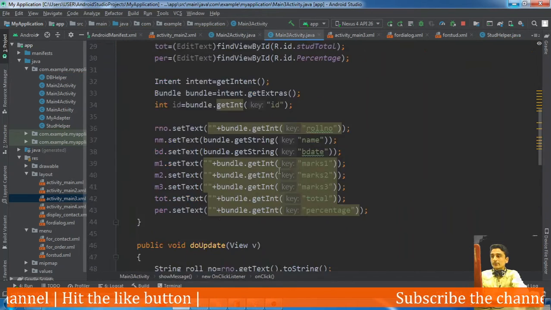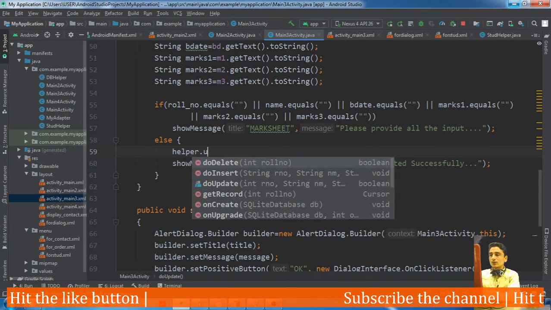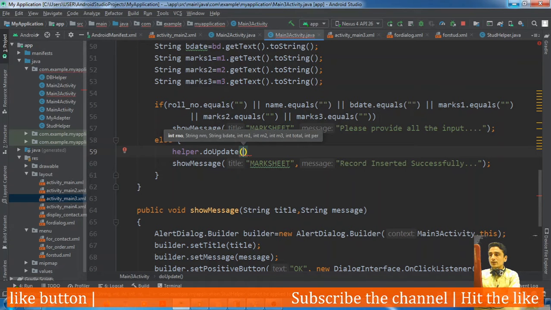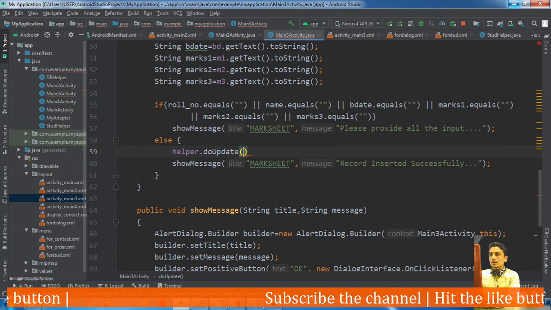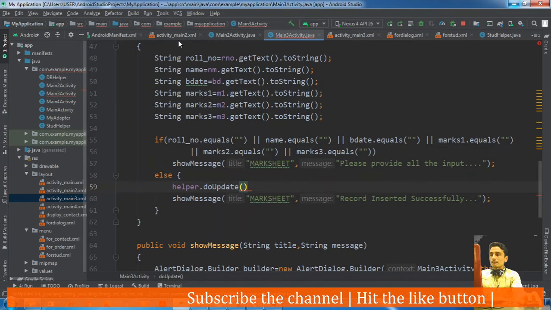Okay, so in our activity 3 we will call here helper dot do update. Okay, and first argument is the roll number, which is to be passed as an integer.